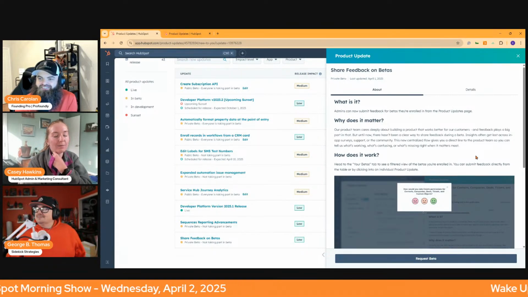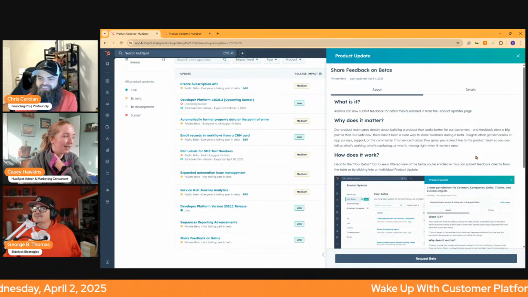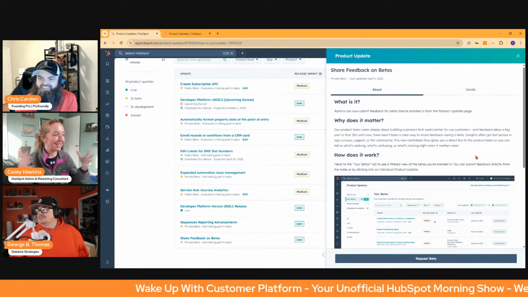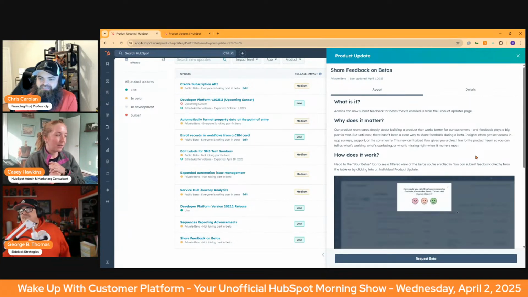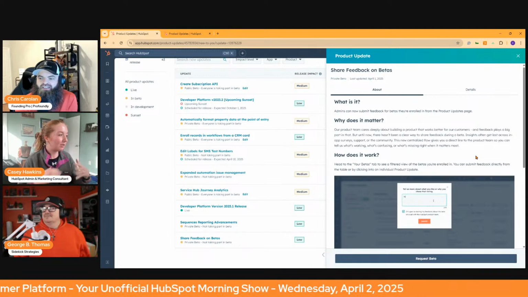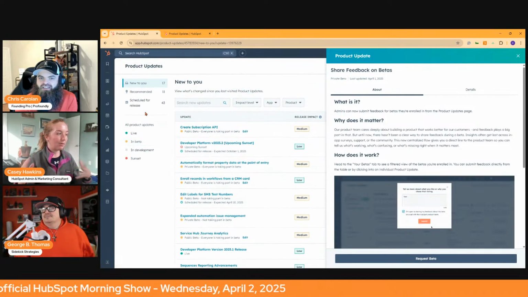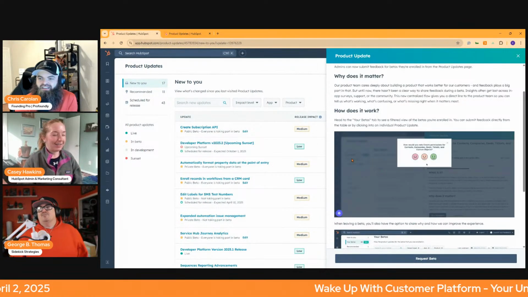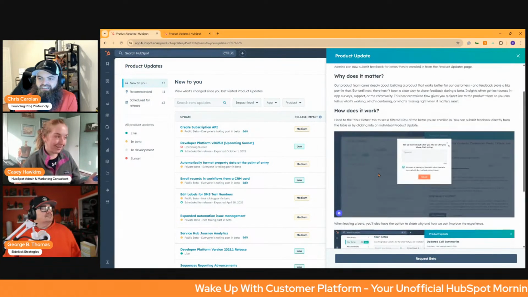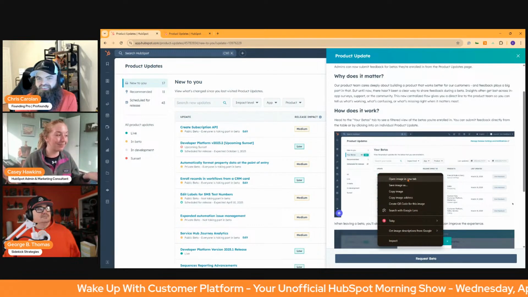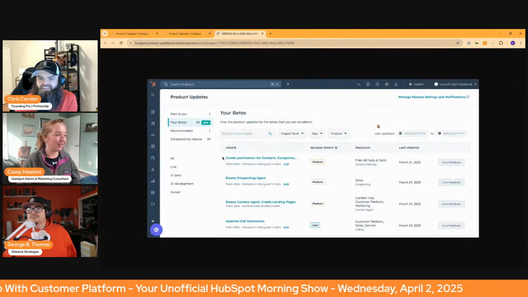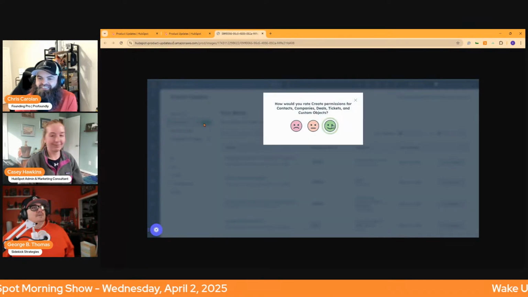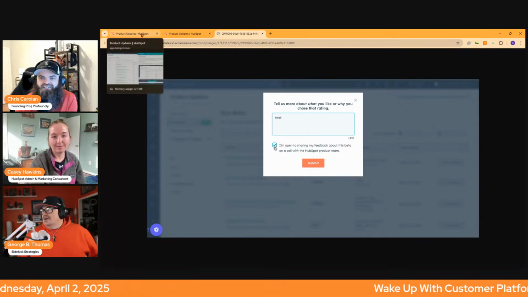There have been quite a few times where I've been in a beta and I've been like, hey, so here's the thing. It's like missing this major piece. I think when the new lead scoring tool first came out, I was super excited to use it, and there was a lot of functionality that was immediately missing. I think I ended up opening a support ticket and I was like, where can I share this? I know it's a beta. I know they're working on it, but where? So I'm excited. Yeah, it looks like this new category pops up here. That's very cool.